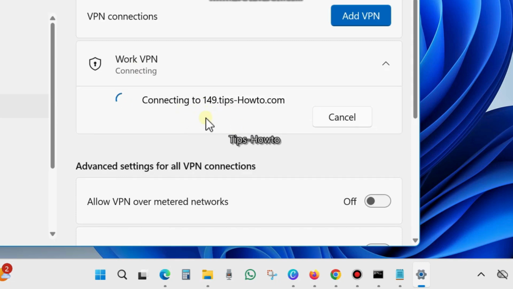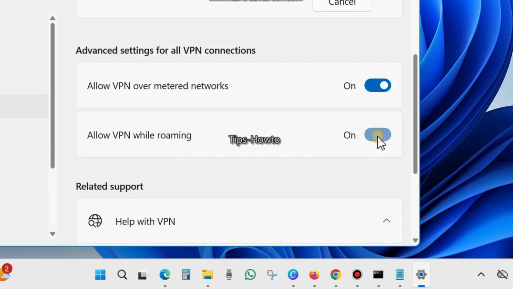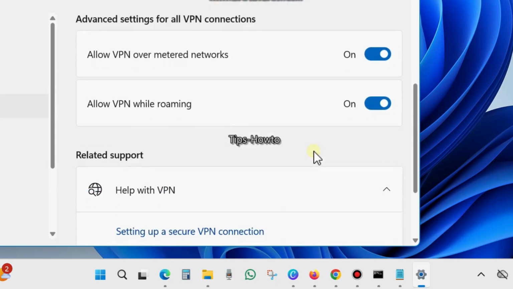It will take some time. Follow the on-screen instructions to complete the connection of your VPN connection to your Windows 11 system. You may also turn the toggle button on to allow VPN over metered connection and allow VPN